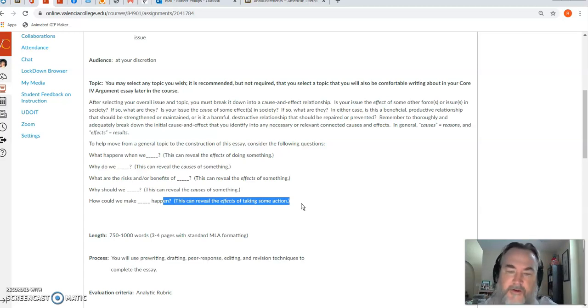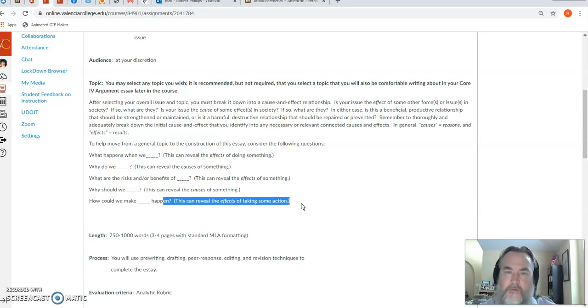You can come up with something completely on your own. This can be a world-changing, society-changing thing that you're talking about, like going to college or climate change. These are pretty literally world-changing topics. Or you can think of something small scale, changing a rule in a sport. If you're a baseball fan, the whole designated hitter thing. That's not necessarily world changing, society changing, but it is a topic. What would be the effects if they got rid of some rule in a sport? Or what are the effects of?